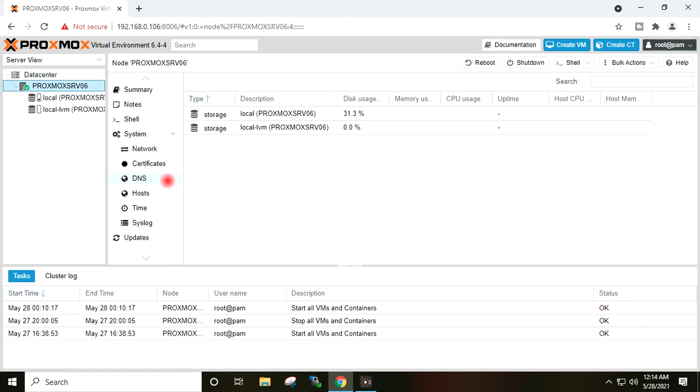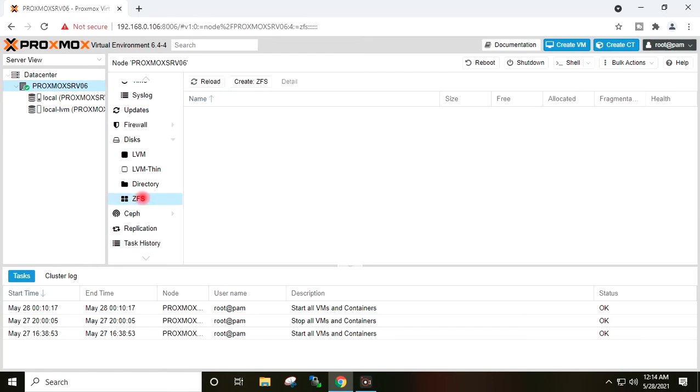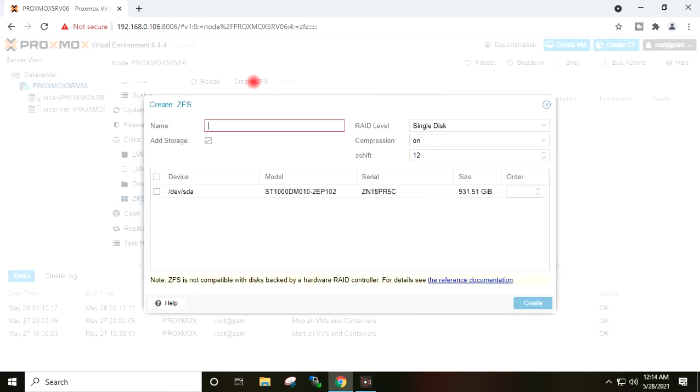I will select the Proxmox server here, and I will go to ZFS, Create ZFS. I will give the name for the ZFS. We are actually creating one local storage using the local hard drive of this server, which will be used for hosting the virtual machine. I have given here the name for the local storage. I will select the internal hard disk of the server here.